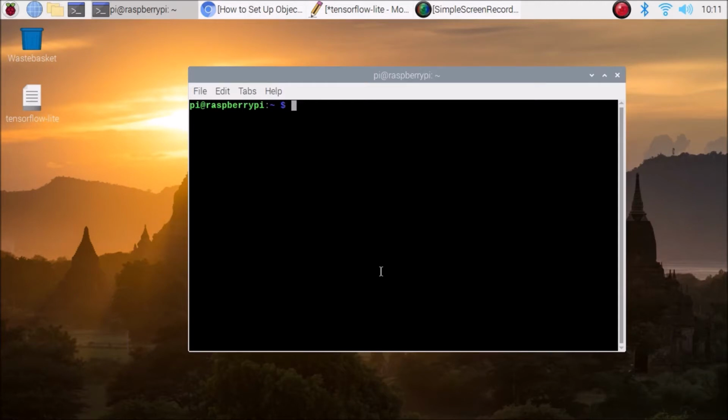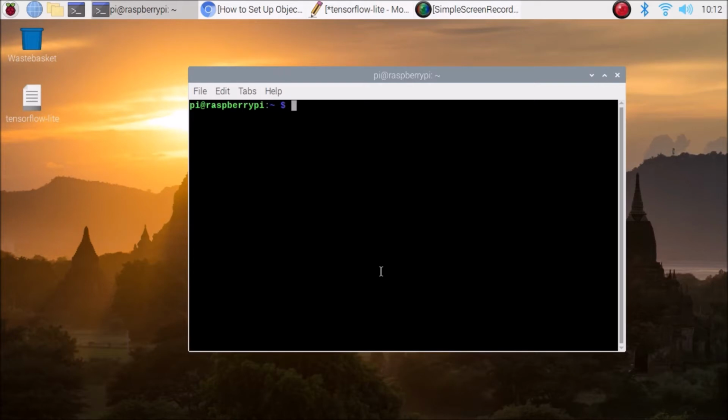Now I have connected the Raspberry Pi 4 camera module with our Raspberry Pi 4. If you don't know how to connect the camera module with the Raspberry Pi 4, I have already created a video on how to do that. So watch that video and connect the camera module with the Raspberry Pi 4. Okay friends, so I have connected the module, and now we are going to enable the camera on our Raspberry